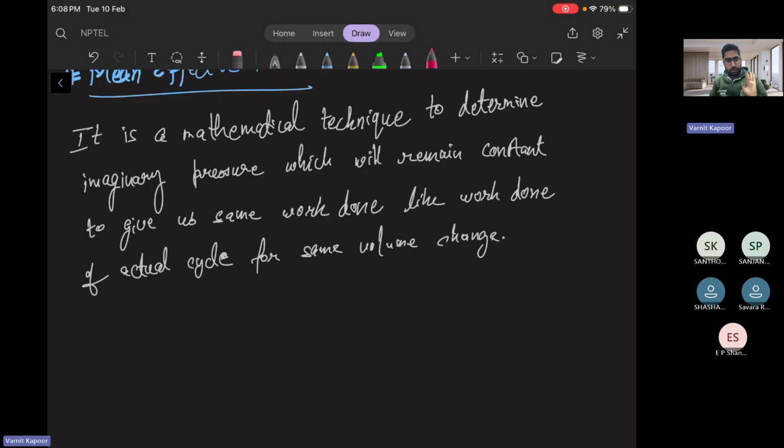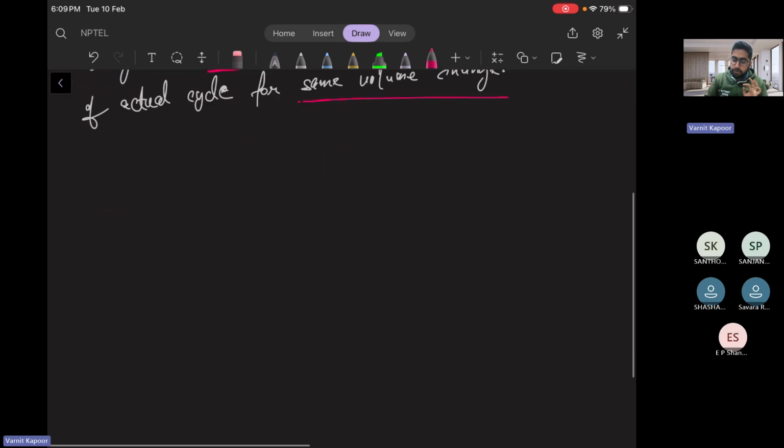So what do I mean by that? First of all, it's a mathematical term. There is no physical significance to it. It's a mathematical tool, a mathematical technique, to determine an imaginary pressure. So the pressure is imaginary, we are assuming that it remains constant throughout, to give us the same work done as the work done of an actual cycle for the same volume change. Suppose, for example,